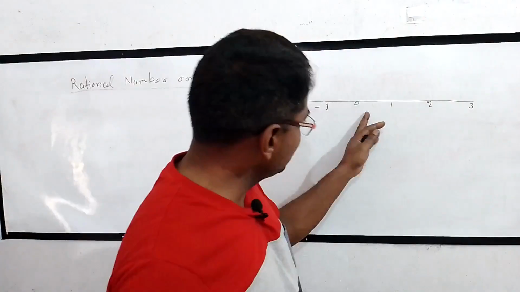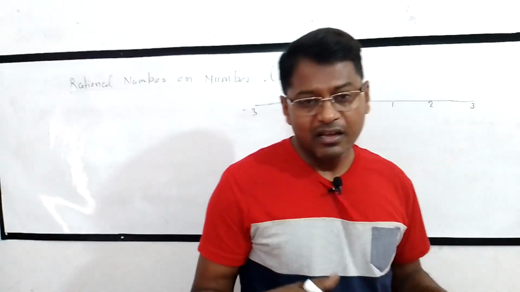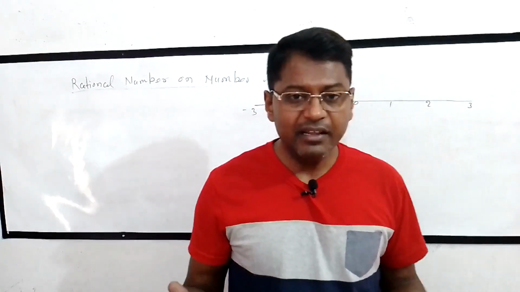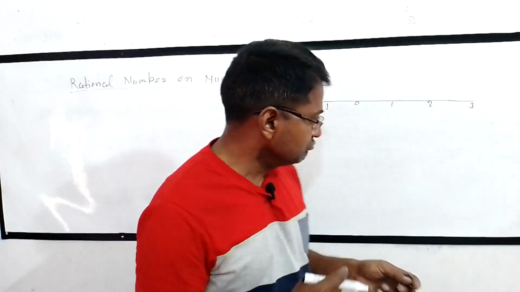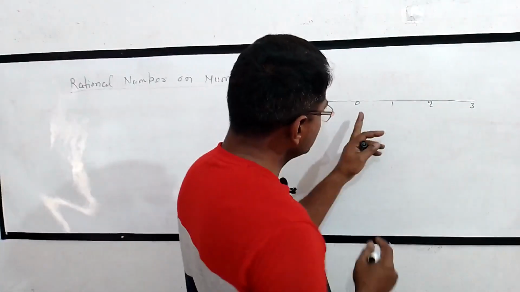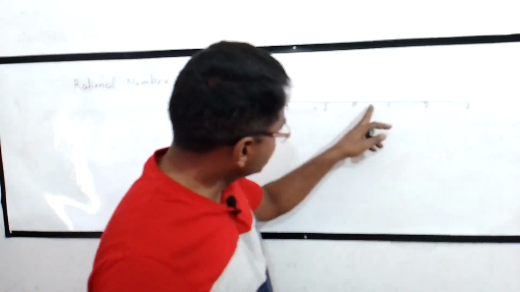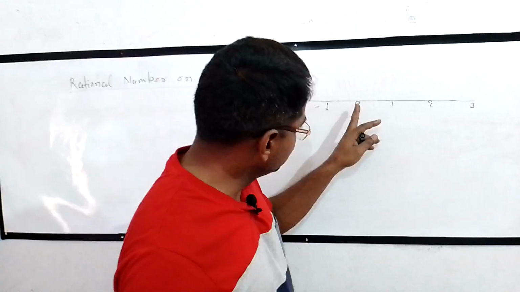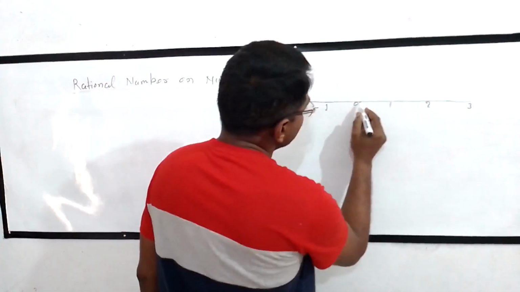Any rational number in between the integers will be in the form of a ratio. For example, suppose you want to divide the distance between 0 and 1 into 3 portions,